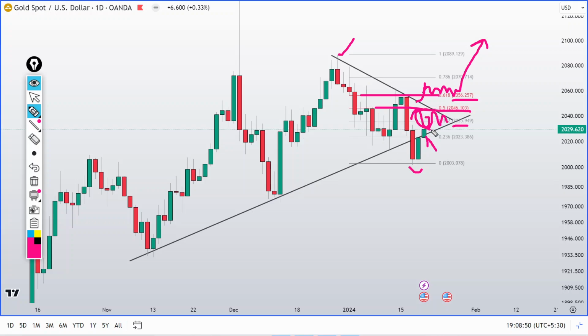But under this area, it is not favorable for buy or sell on intraday as per the daily time frame, because previously this trend line was acting as support, and gold price broke down it on this particular day, but price returned back and current price is closed under this triangle pattern. You can see, so these are the structure and pattern that we have to take care of for next